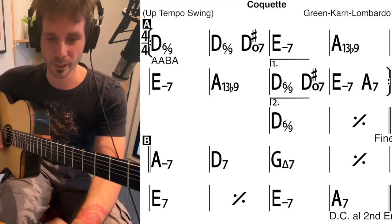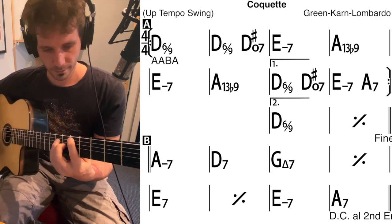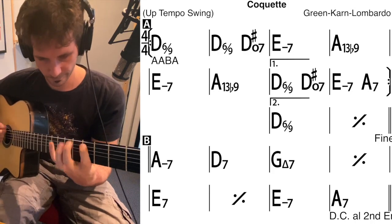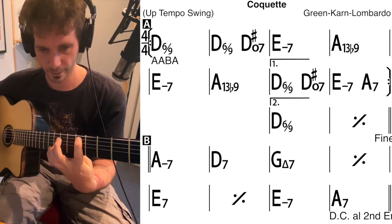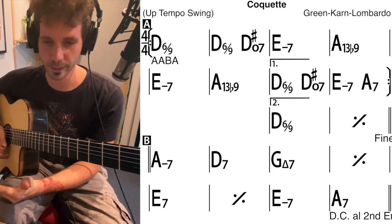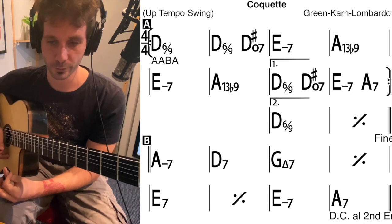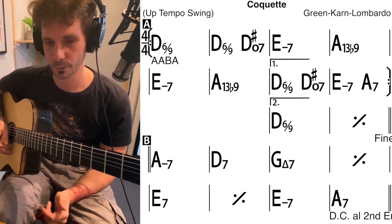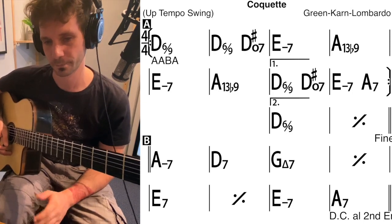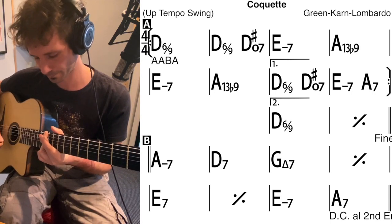It's a great lick. So if we go back to Coquette, let's do a quick recap of what we talked about. See if it makes sense. This lick goes on D major. Yeah. Then we also said it can go on a 2-5 because it works on a minor 7th chord as well as on a dominant chord. But in Coquette, the 2-5 is in the key of D. So it's an E minor 7th and A 7th, which means if I take this shape for E 7th, then